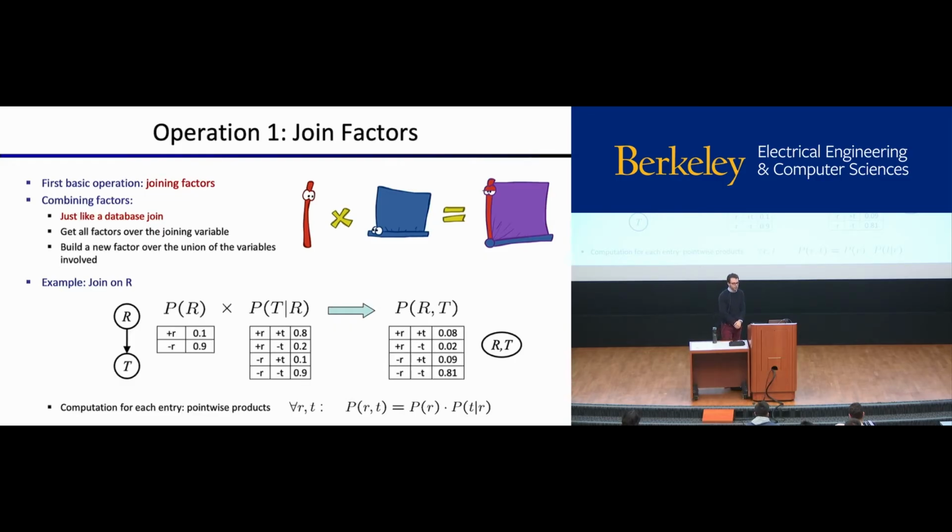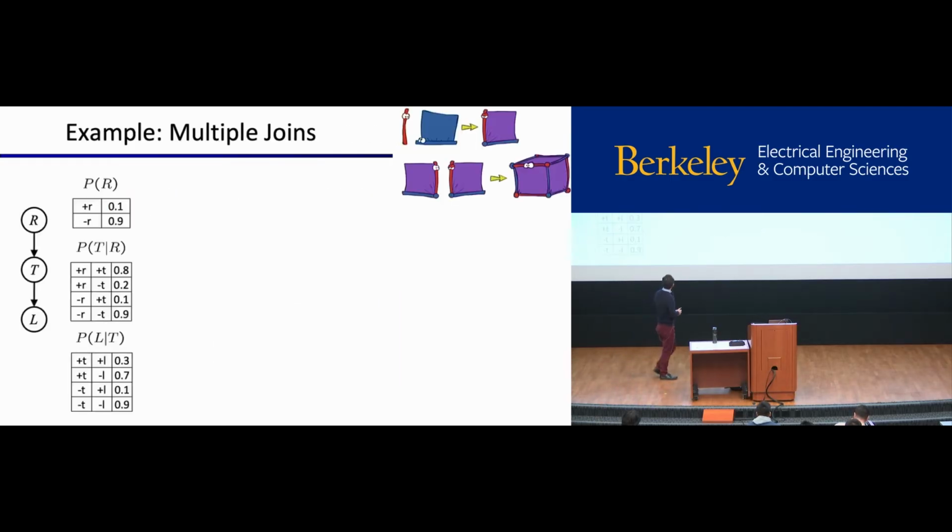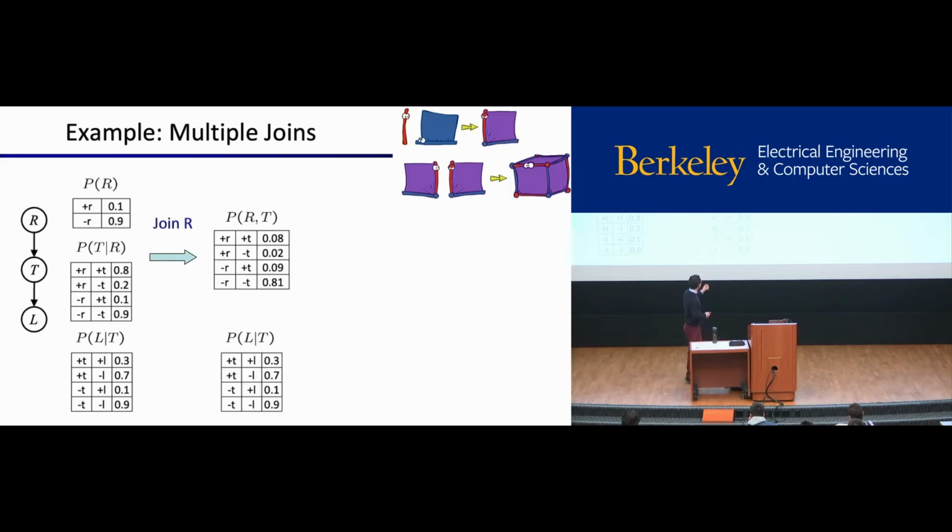Okay, so we can actually continue. We can join things together multiple times. We can do one join followed by another join, and we can get a 3-dimensional probability table. Right, so we start in the same situation. We have R, T given R, and L given T. We join R. This looks like just what we did before, right? We get our joint distribution over R and T. We sort of bring this one forwards, and now we're going to try and join this RT node, which is now pointing to L. We're going to join on T. So this works exactly the same way. It's going to give us a distribution over R, T, and L.